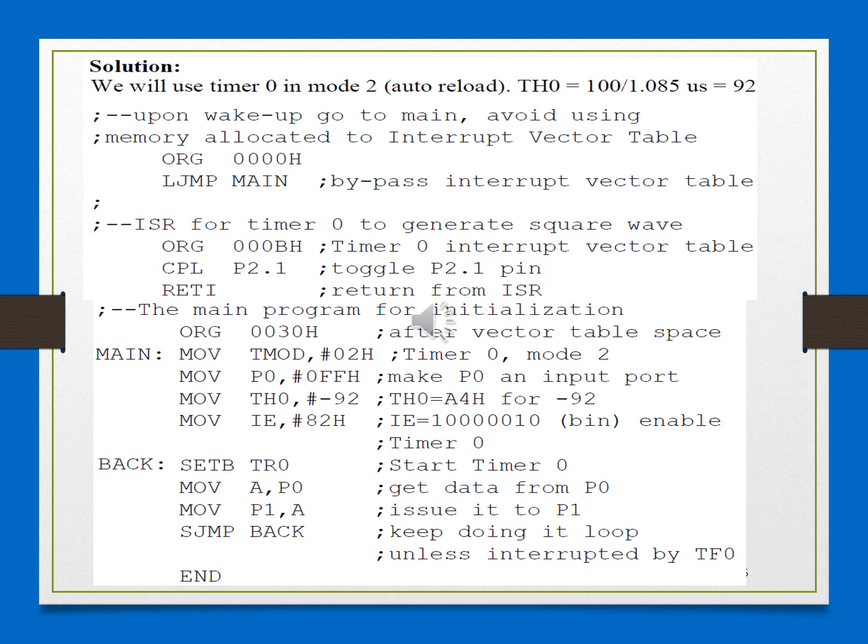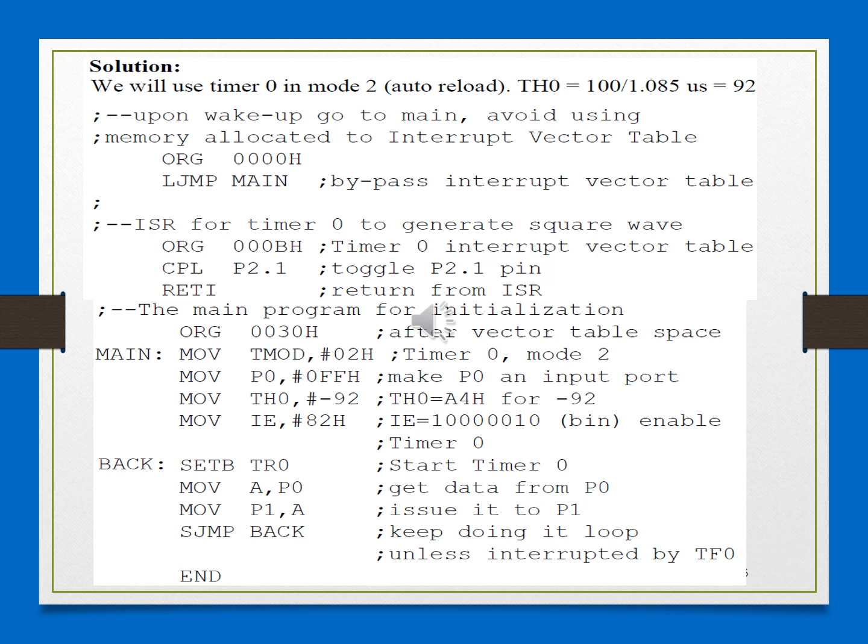Now go to the second part of the program here. What are you doing in your ISR? In this particular ISR, you are complementing P2.1. It need not be always the same; ISRs can be different. In this particular example, you are complementing P2.1. What does it mean? It means that the value at P2.1, say imagine it was high previously, now after a duration of 100 microseconds, is complemented. It becomes 0, isn't it?